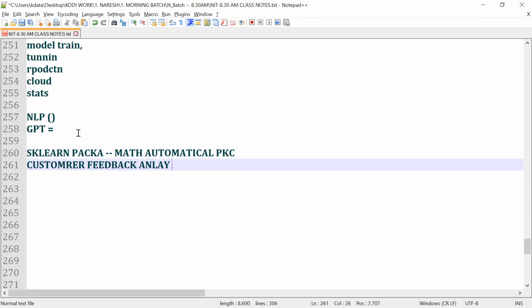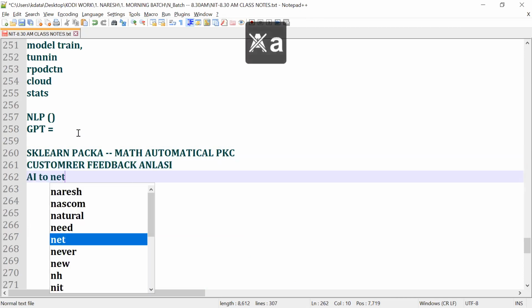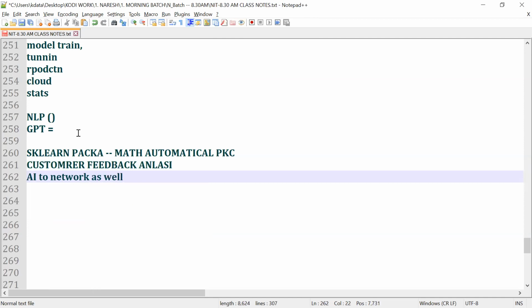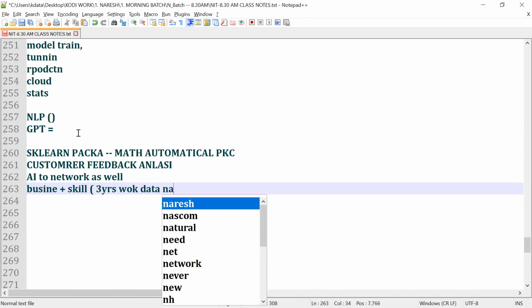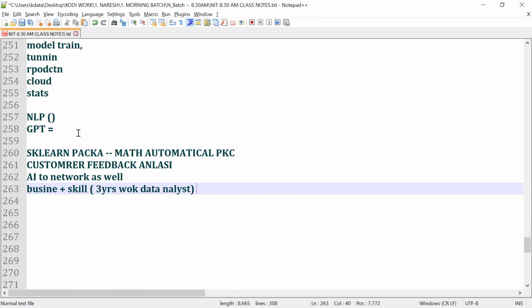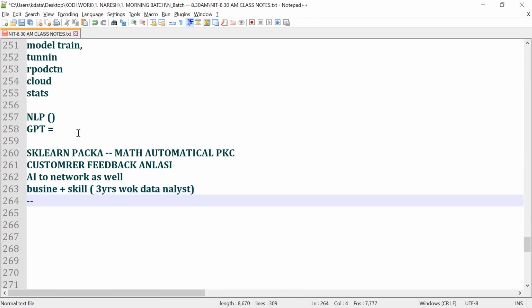But now, for you, there is a project called customer feedback analysis. Whenever you do any of the projects, like network, the customer is very important or not? Yes, Nayak? Definitely. So there are a lot of relevant projects. You can connect AI to network as well. You know the business, and if you learn the skill, and 15 years back there was no data science, I would recommend you mention only 3 years of work as a data analyst and change the profile. Let's give interviews and see. And after that, with any issues, you can connect with me on a phone call as well.